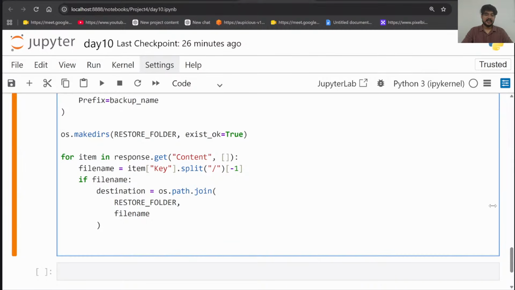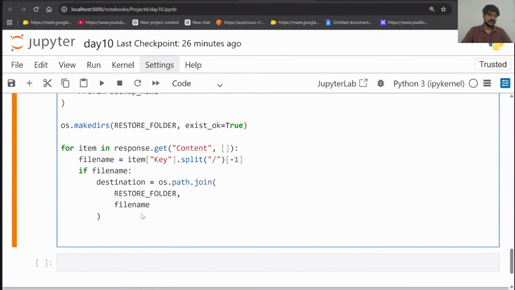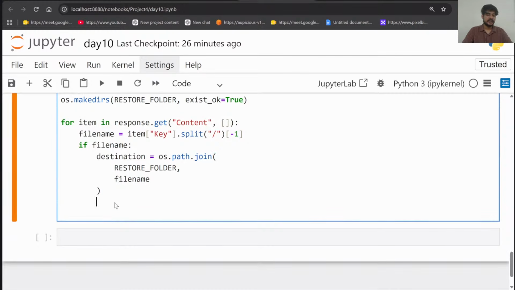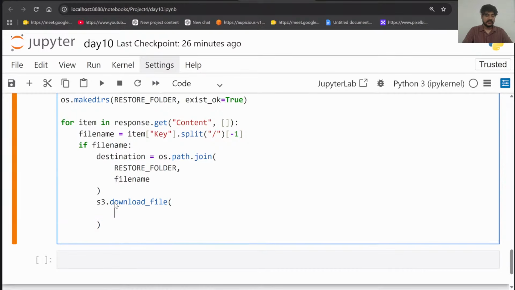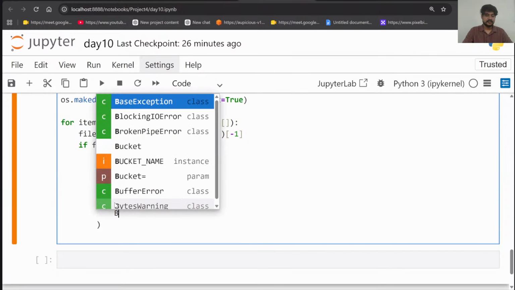Now, after this, do one thing, download the entire content inside the folder. So I'm telling here technically to download. So inside this, there is one option called S3. We will write it in this same code, inside the if condition. So S3, do one thing, download the file. There is an option called download file, and download the file present in the bucket.